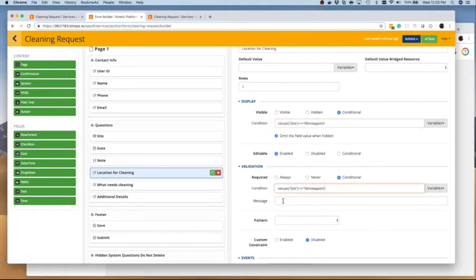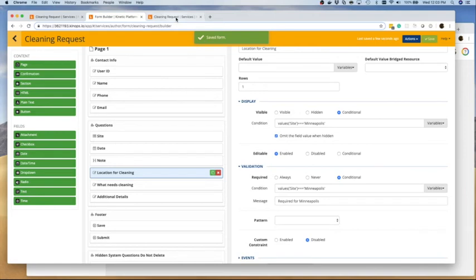So I'm going to cheat, as you should always do, and just copy paste directly into that field. The one additional piece of information here, make sure I spelled things at least mostly correctly, is you want to give a message to your customer to say, why is it required? Okay. And that should do it for us. So if I save this,